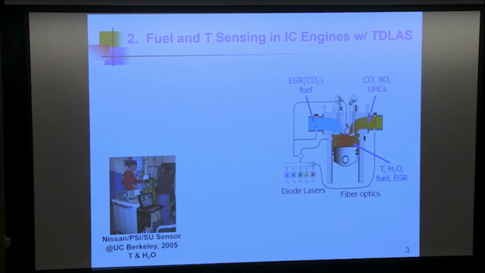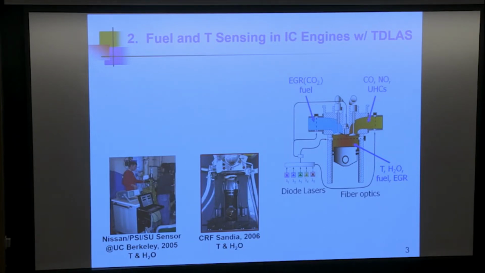I didn't have an IC engine at Stanford, so we had to take our device over to UC Berkeley across the bay, where Professor Dibble had an engine lab. So we built a sensor, got it to work, took it to Berkeley, and proved that we could fit it into an engine before we went on to